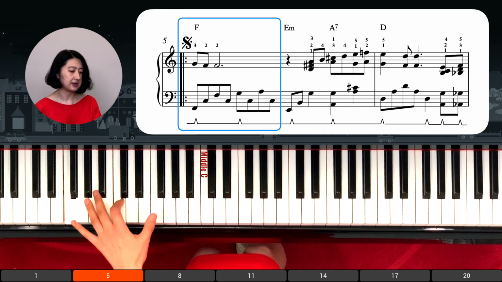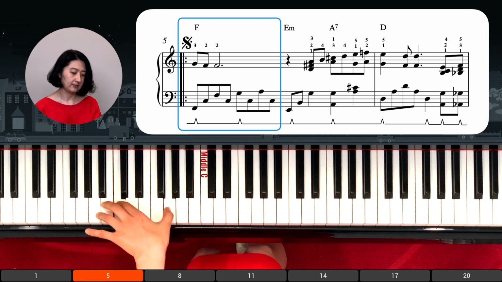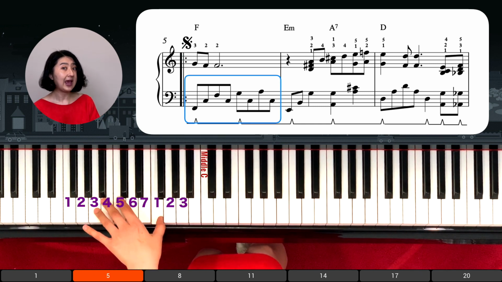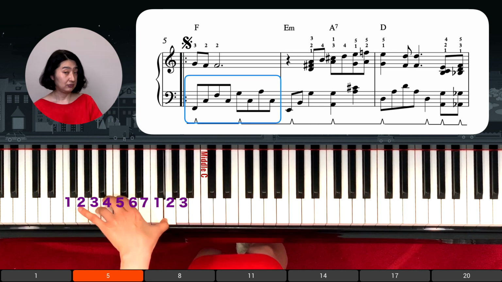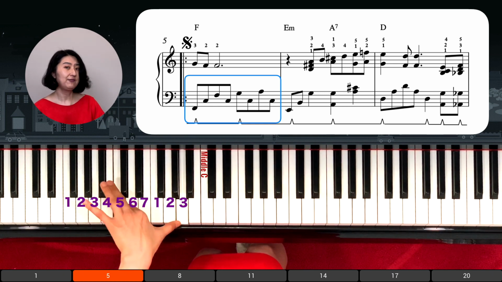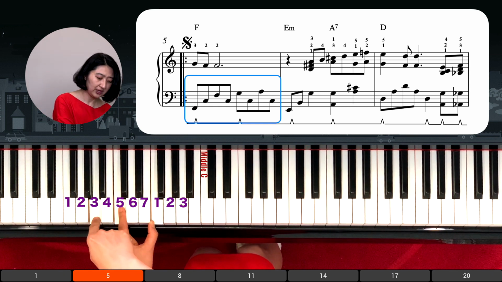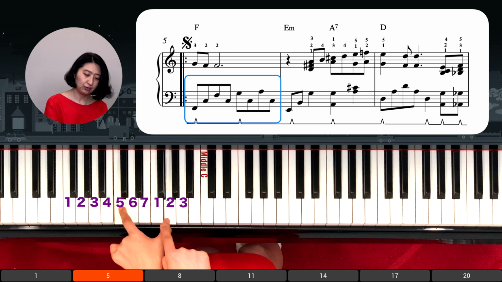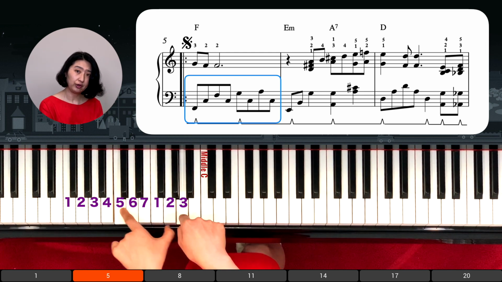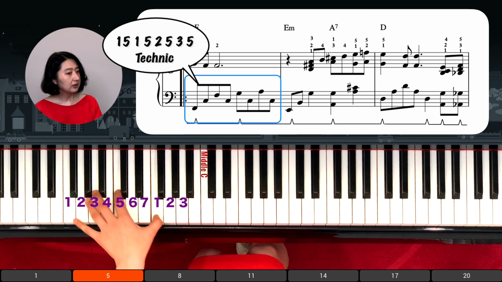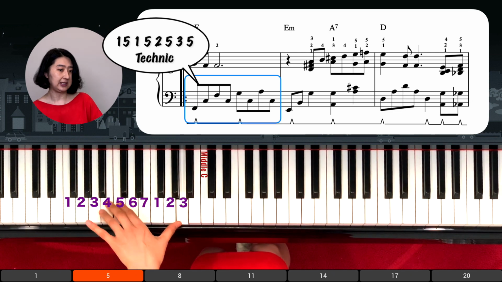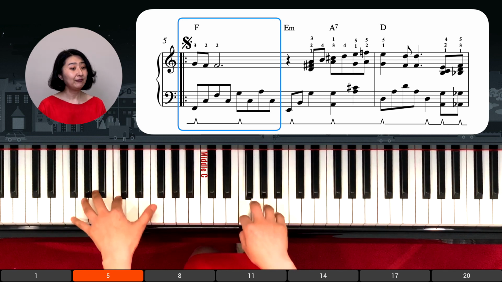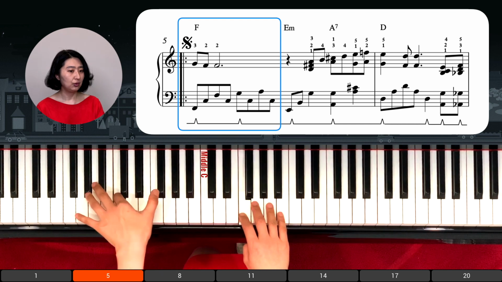So left hand is the technique of 1, 5, 8, 5, 2, 5, 3, 5. Which means 1, 2, 3. The scale degree I'm talking about, starting from the F: first note, second note, third note. So the 1, 2, 3 technique is used, and right hand is G, F, F, 2,